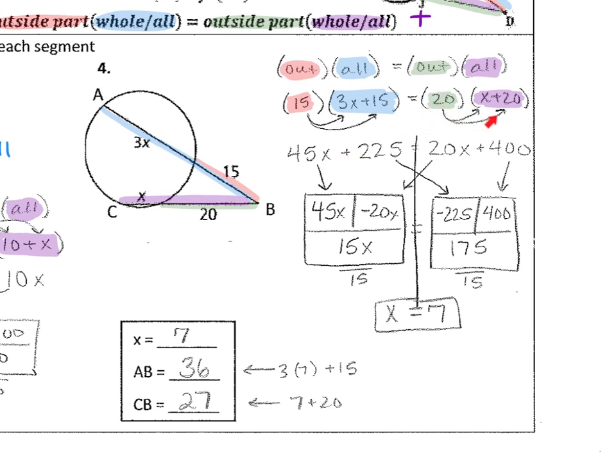20 times x and 20 times 20 is 20x and 400. We box method. We solve for x. Once we have x solved for, we want the lengths of the segments. So what did I do in both of these little workouts right here to get the lengths of the segments? What did I do here? Plugged in the x. Very good. Exactly where it goes in the whole or the all part, I plugged it in so I could get the